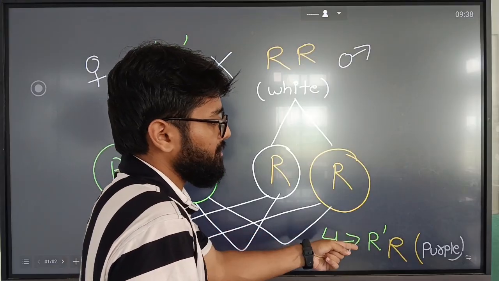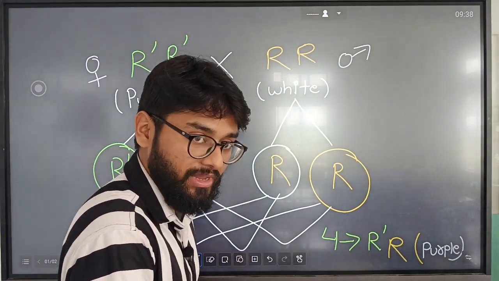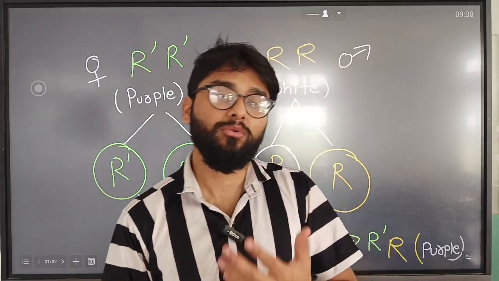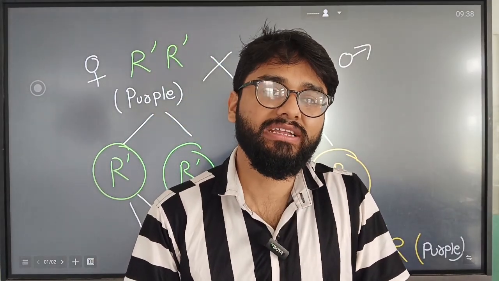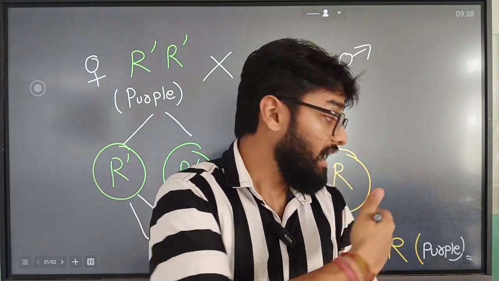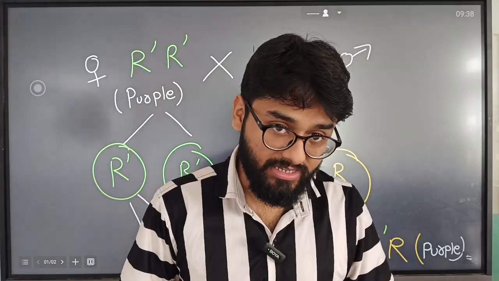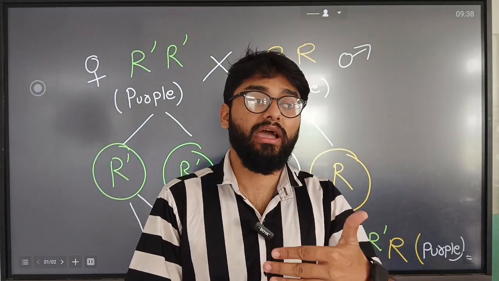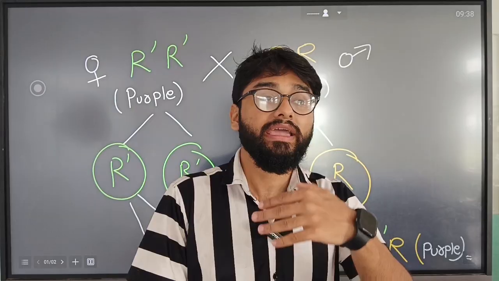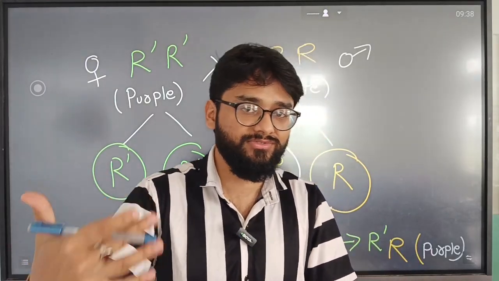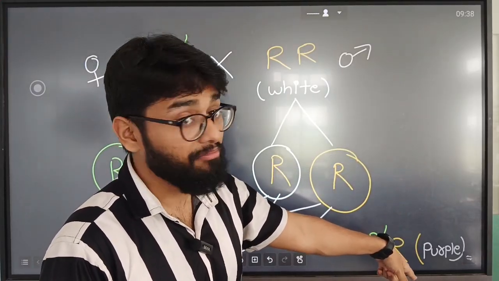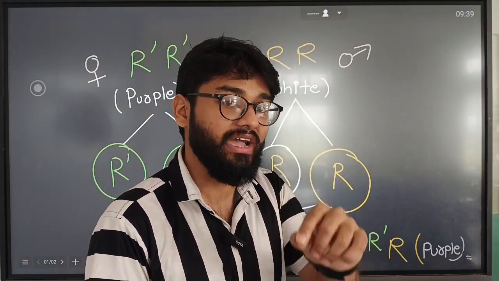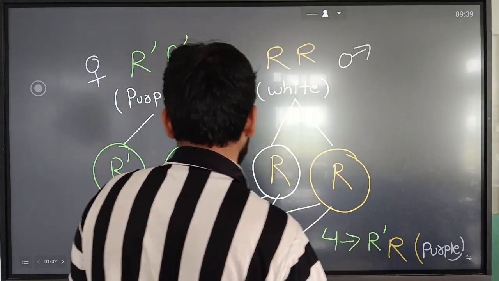All the flowers that we have will be of purple color. Why? Because we took purple to be our dominant one. Correct? And since dominant is, I have explained in the previous class as well, dominant is a condition. Dominance is a condition when it is present with some other allele. Only then a dominant case is established, and the best example for this is a heterozygous condition. Okay, in a heterozygous condition, a dominant allele is able to express its own expression rather than allowing the recessive to be expressed. That means it could have been white, but the dominant allele did not let the R gene or the R allele to be expressed, that is white color to be expressed. Okay, this has always been the case